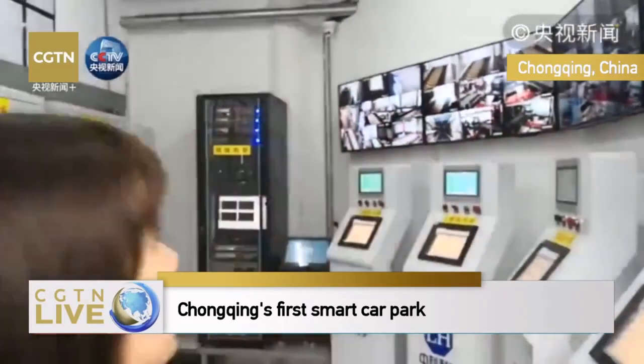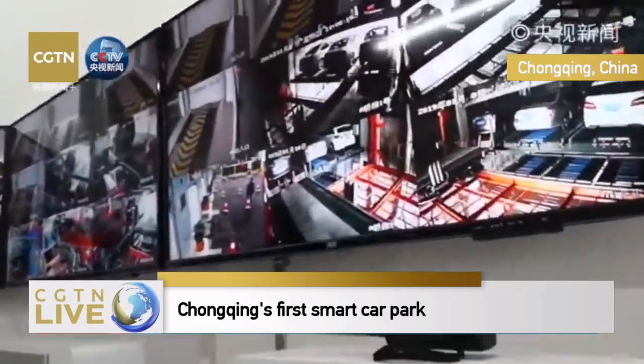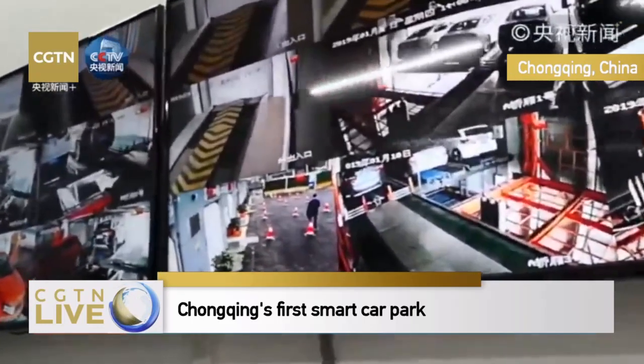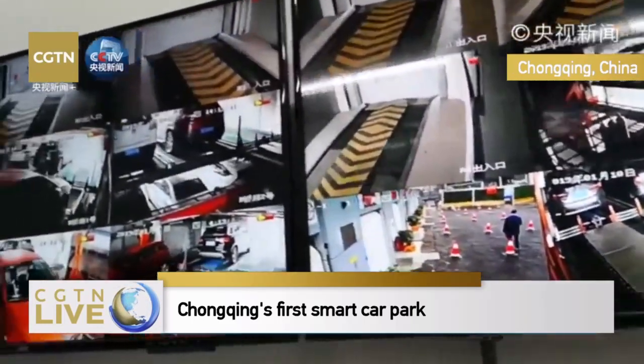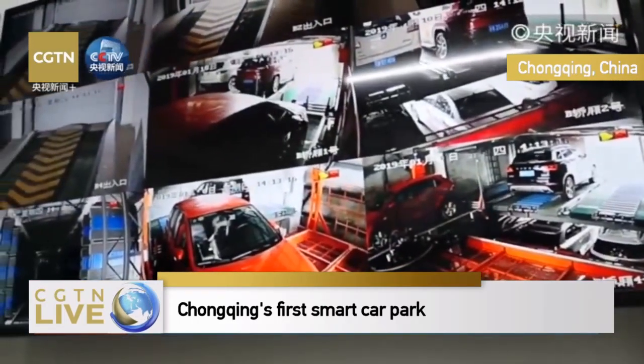Okay, let's come over here. It was like magic and my car just vanished. I would be worried what happened to my car. This is our control room. This is like the brain of the car park. There are